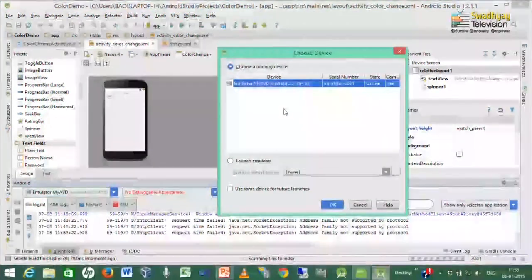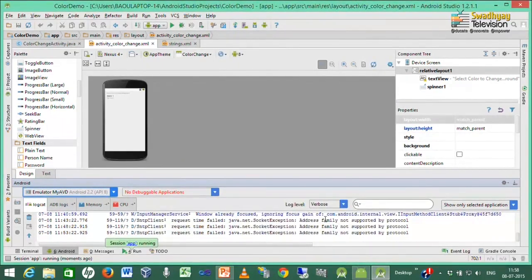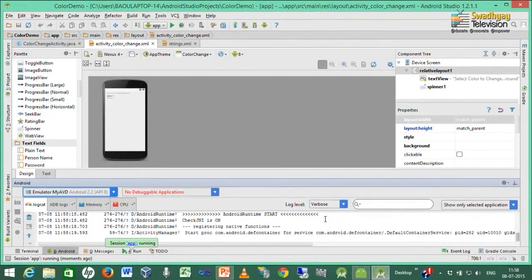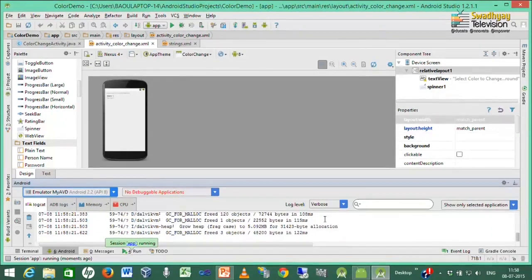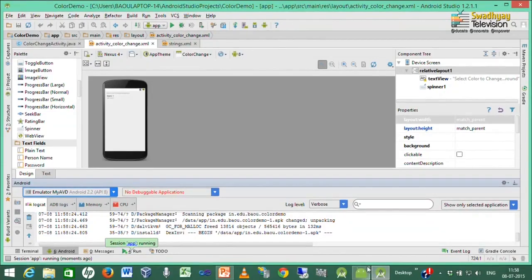It is asking whether you want to launch your application inside the running emulator. So, we select running emulator, press use same device for future launches and then press OK. It will launch this application inside the running emulator. Once it is done, we can see our interface.